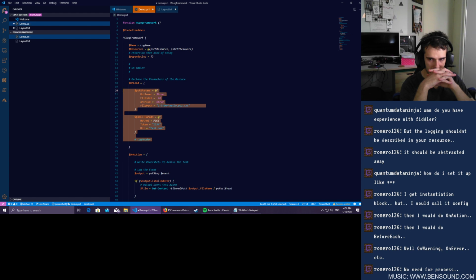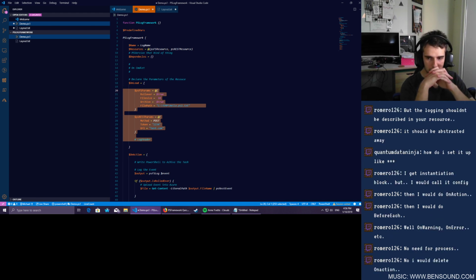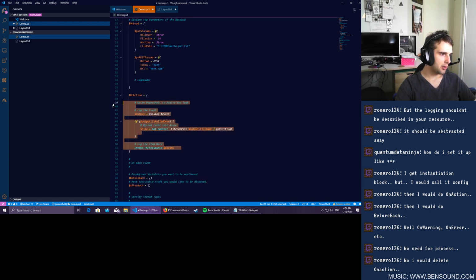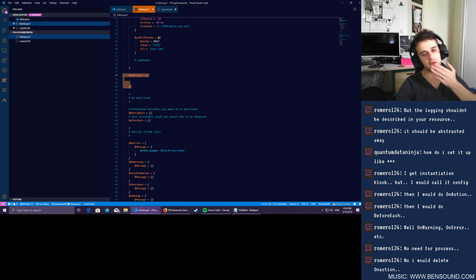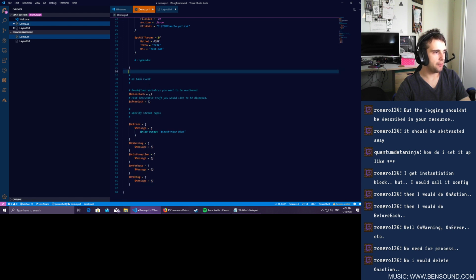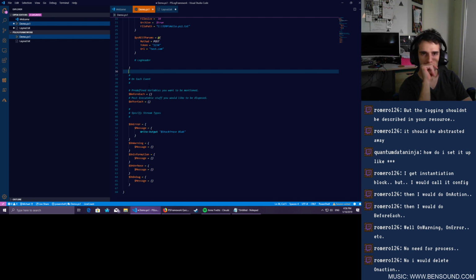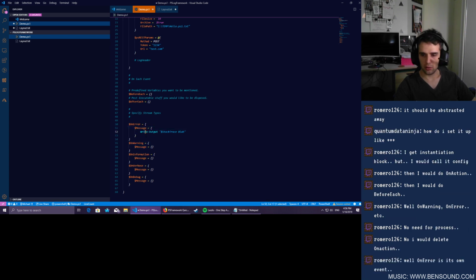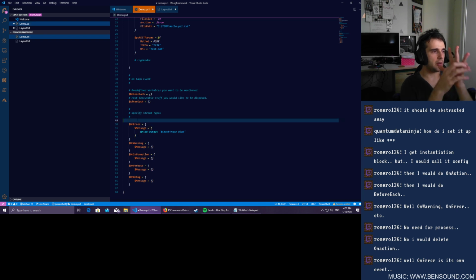But your logging shouldn't be described in your resource. No, I would delete on action. Okay, so you're saying essentially move that down to on error then? Like, I'm just thinking, you could have on error here. Well, that's exactly right, it's its own event. But what I mean though is that you could have